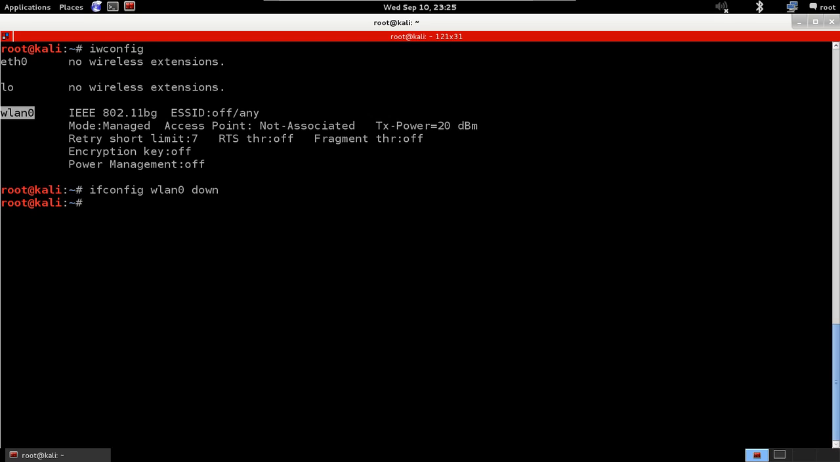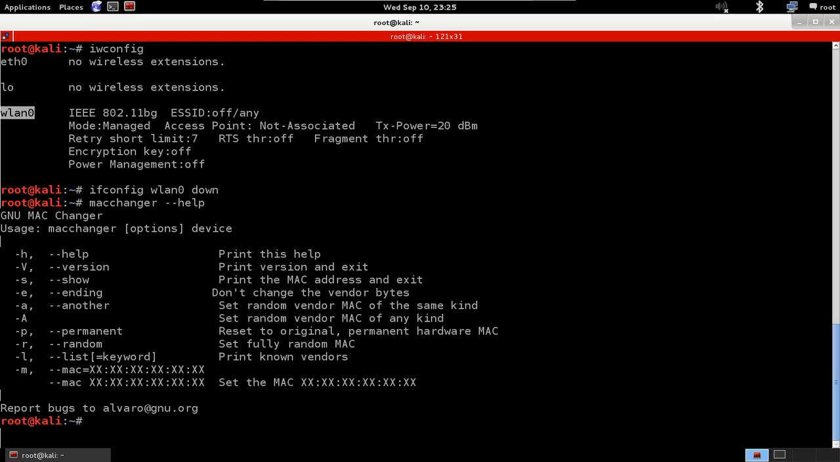Now we're going to change the MAC address. We're going to use a tool called MAC Changer. With these tools, it's always a good idea to look at the help. So if you just run macchanger --help, we'll see all the options that we can use with this tool. You can use --help, -V to show the version, and -s to show your current MAC address,